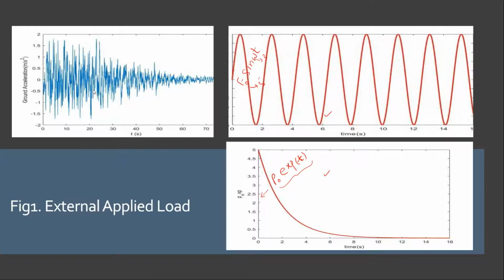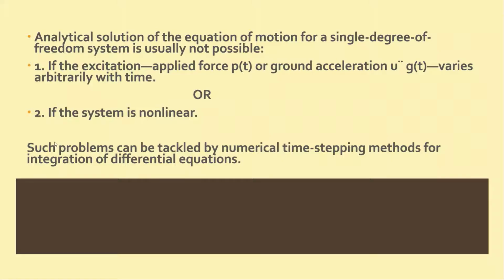But when the forcing function is random or arbitrarily distributed, it becomes very difficult to solve analytically, so we go for the numerical approach. The discretization must be very small, so we have to take delta t as 0.02 seconds, so that the peaks and different positions can be captured. That is why we use a numerical technique for ground acceleration.